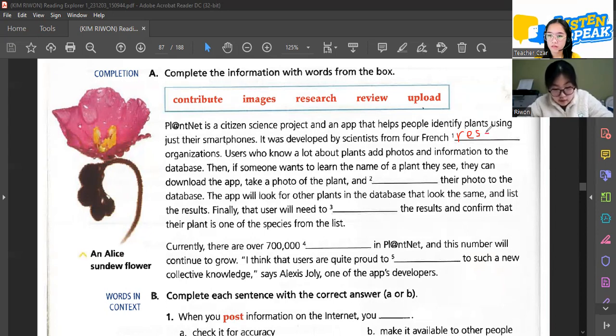Users who know a lot about plants add photos and information to a database. Then, if someone wants to learn the name of a plant they see, they can download the app, take a photo of the plant, and upload their photo to the database. The app will look for other plants in the database that look the same and list the results. Finally, that user will need to